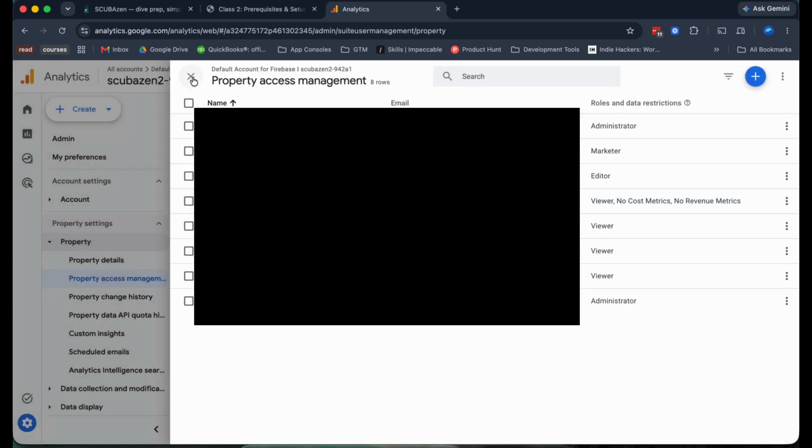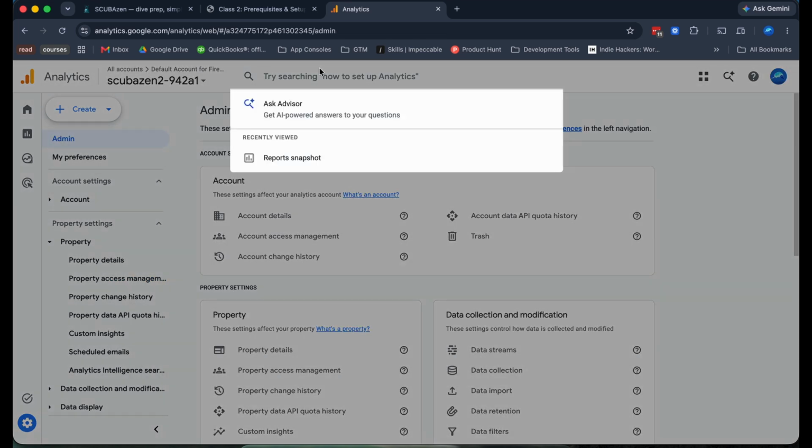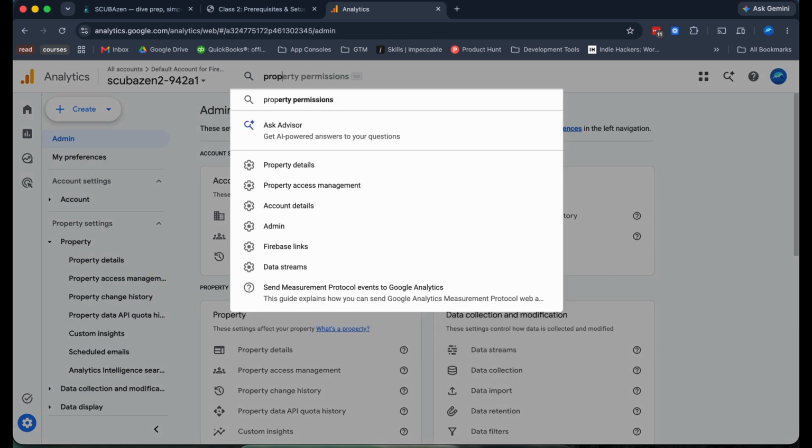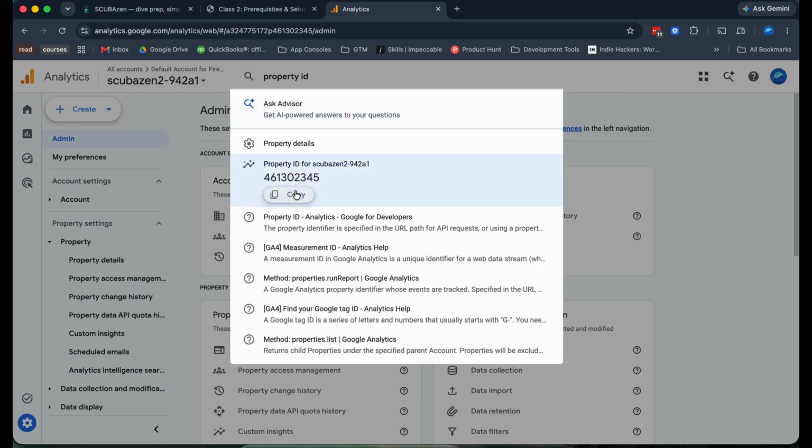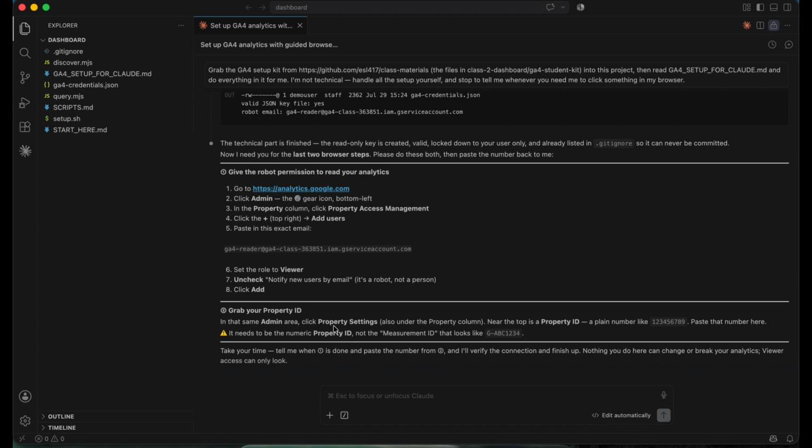And then the other thing it wanted was the property ID. So you could just search for it and copy it. And then, so I added the email, and here is the property ID.